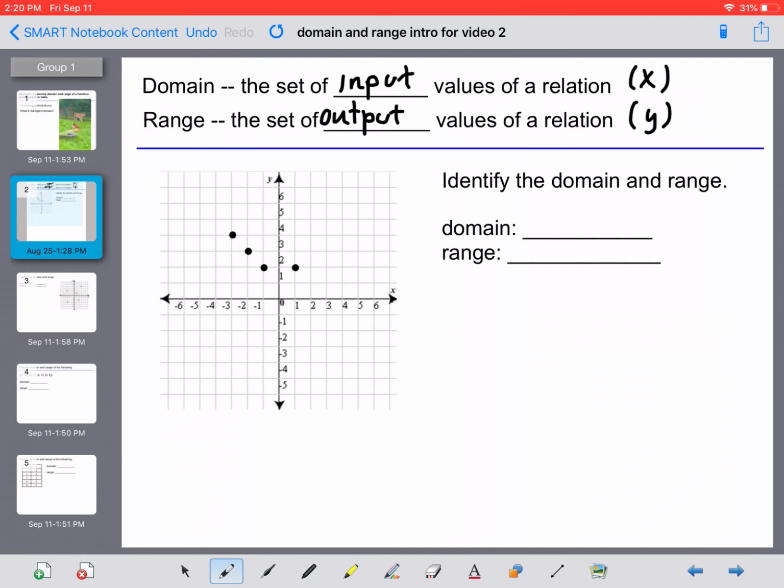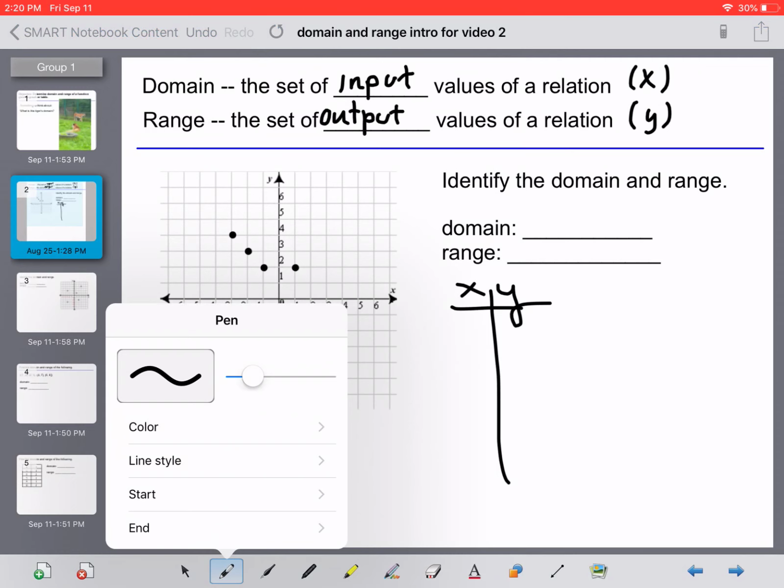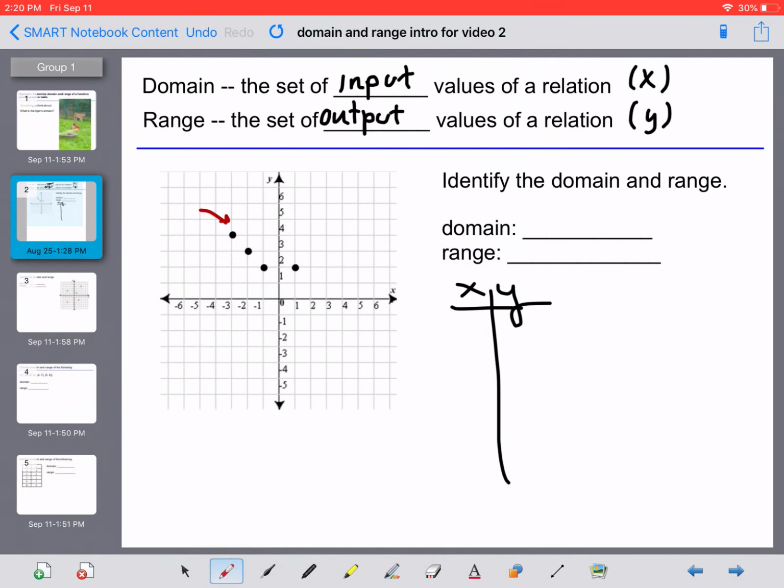Now, sometimes people can see this right off the bat, but I usually recommend when I see a graph like this to list out the ordered pairs in a table first. So that's what I'm going to do here. I'm going to set up myself an XY table, and then I'm just going to go 1 point at a time and write down those coordinates. So I'll start with this one all the way on the left. It appears if I count boxes,